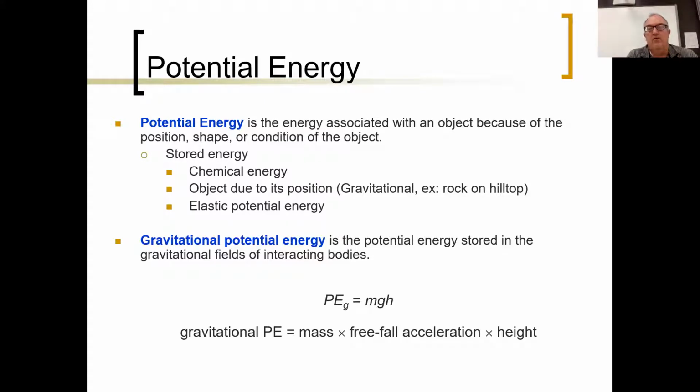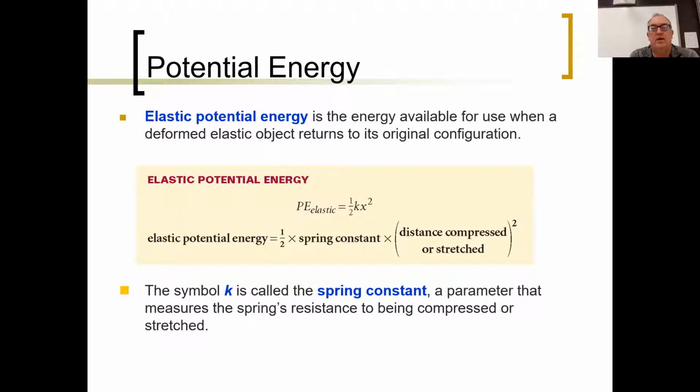So the formula for the one that we're going to use quite a bit is the gravitational. And it's just very simply mass times gravity times height. And we'll be able to get joules with that. The other formula that we're going to use is elastic potential energy. And this was one maybe that you're not familiar with, where we have 1/2 times k, which is the spring constant, which we'll talk about in just a moment, and the distance that that spring is